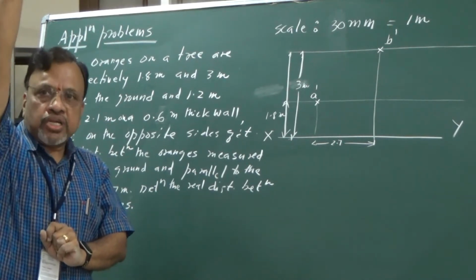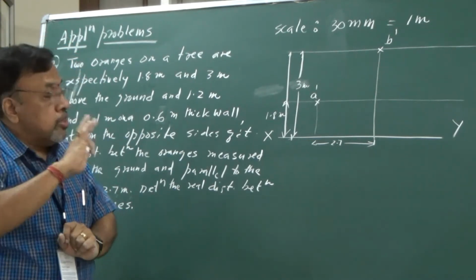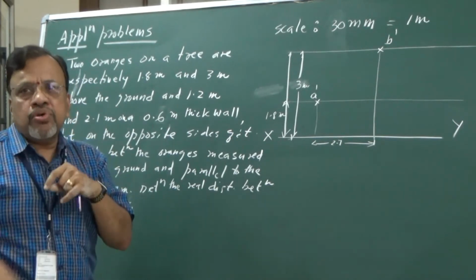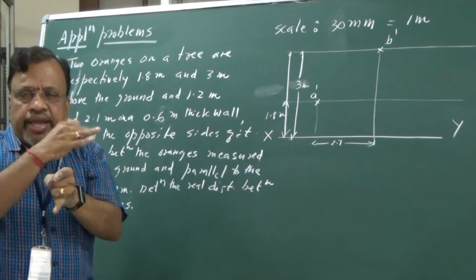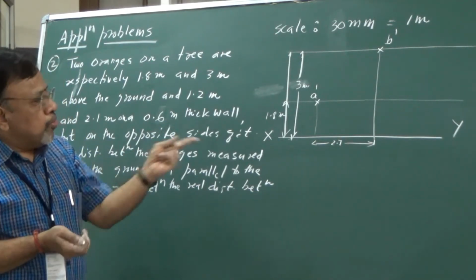So if I look from the top, I can visualize these two oranges would have been there on opposite sides from the wall. That wall is nothing but your compound. So in the top view, I can see the wall, then I can see the position of these two oranges. Okay, so how do you do it then?